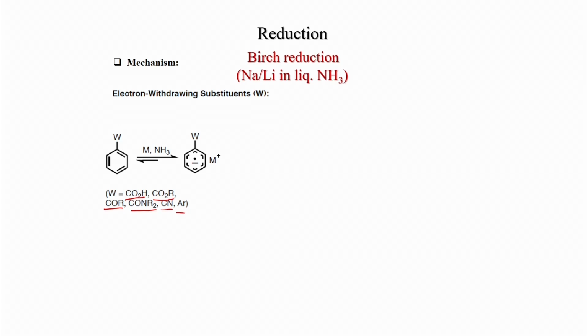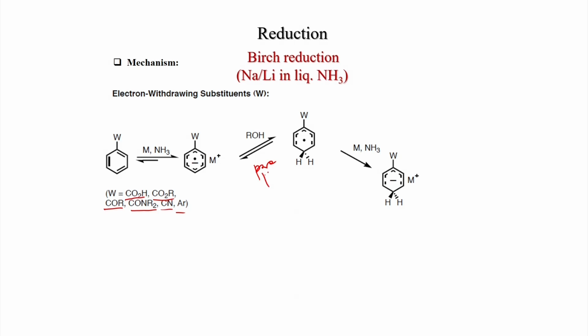At that time also a radical anion will be generated, and on protonation it becomes a radical. And as I told, here first the anion will stay on the carbon atom which is connected to the W, because that is stabilized by the W group, the electron withdrawing group, and now this anion will be generated at the electron withdrawing group, and initially this will be para protonation. So first will be para protonation,